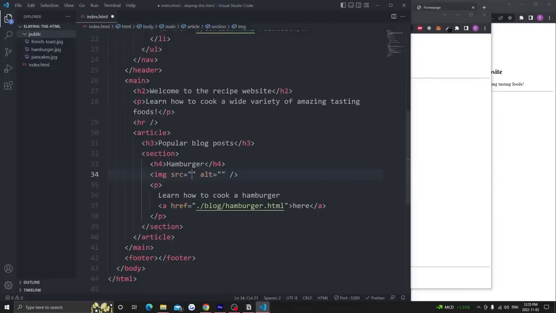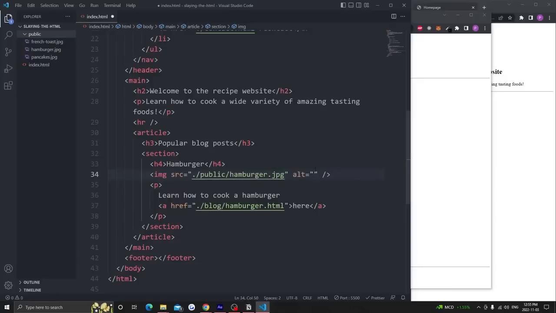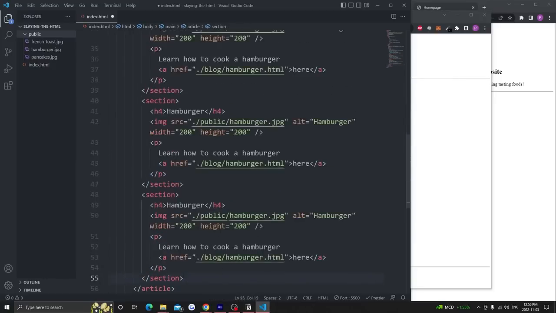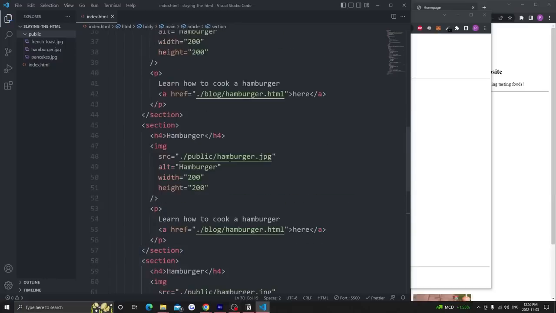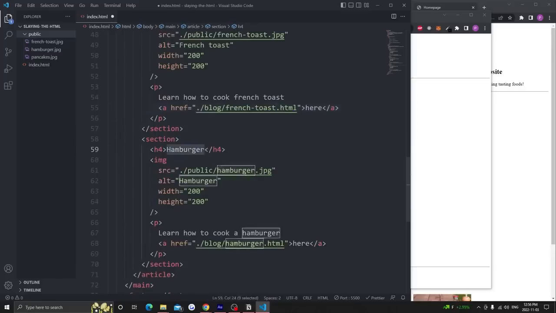So inside the source attribute on the image tag, I give the route of ./public/hamburger.jpg. I can now copy this entire section, paste it 2 times, and replace the heading, image route, and paragraph to match the demo website. I'm also going to change the route on this hyperlink from hamburger.html to frenchtoast.html, and on this hyperlink from hamburger.html